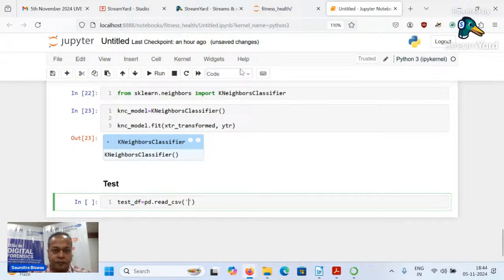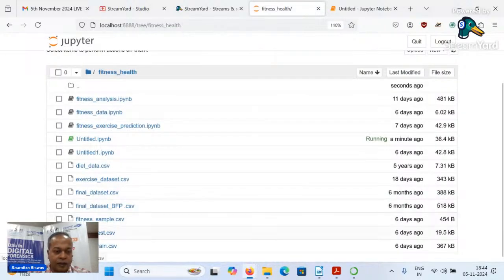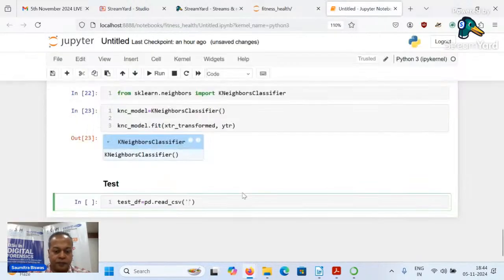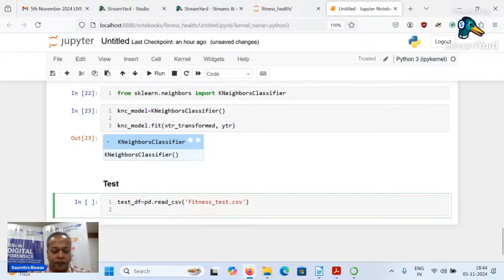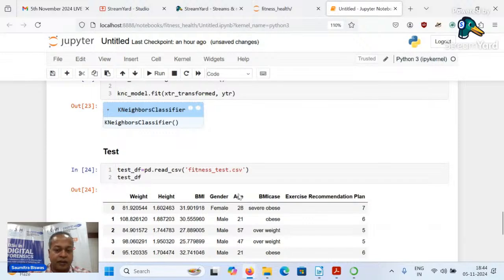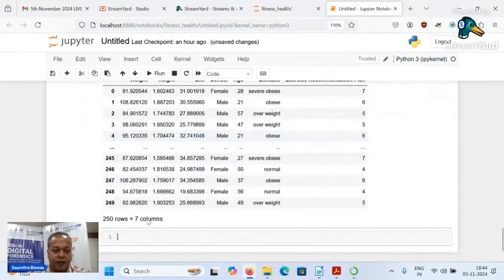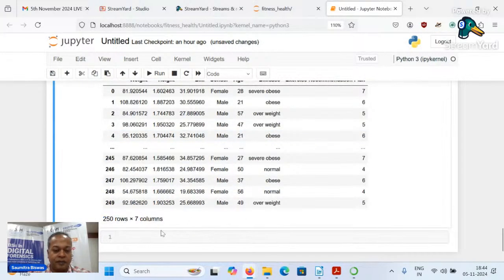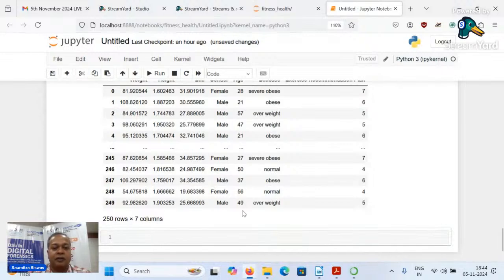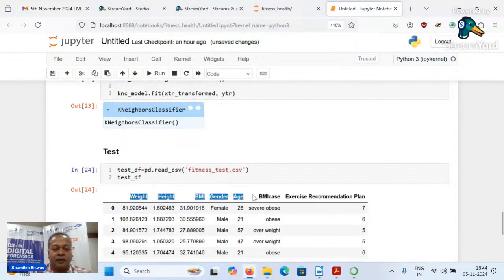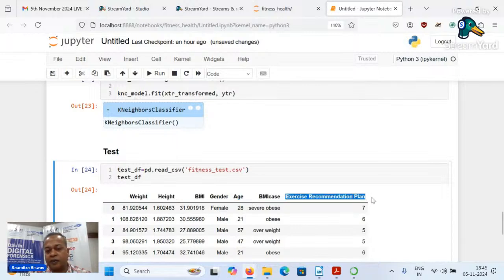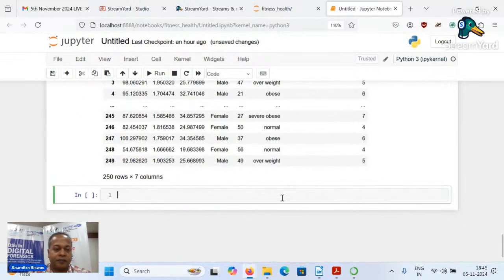And the name of the file is fitness_test.csv. Done. And test_df looks something like this. There are 250 rows and 7 columns. Now we need to separate the parameters from the target variable. So x_test equals